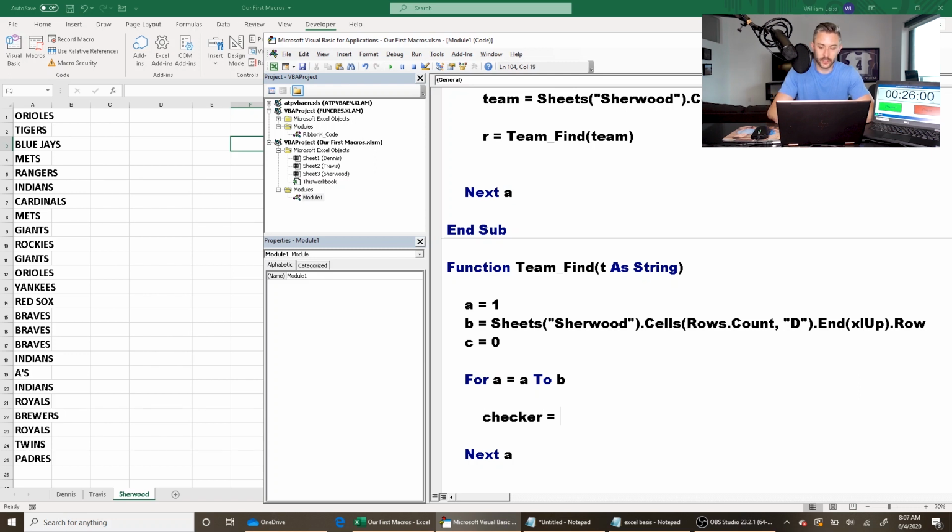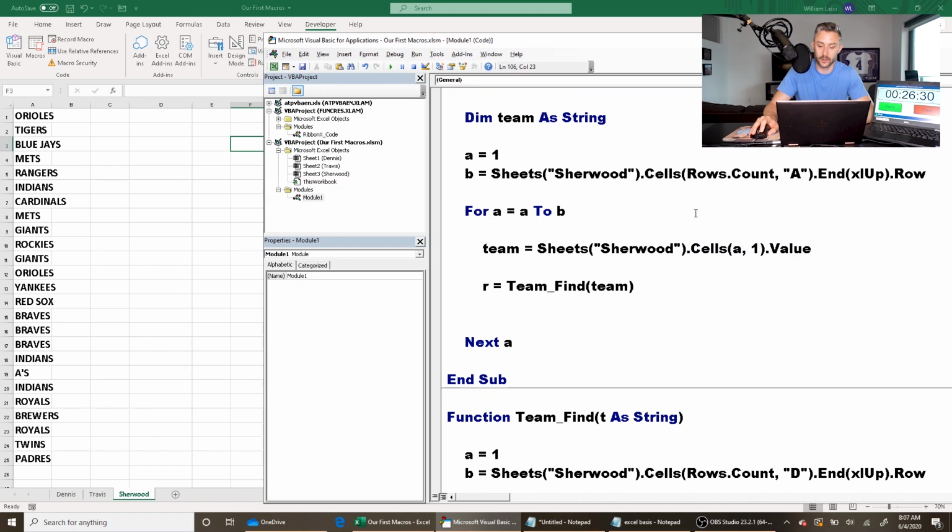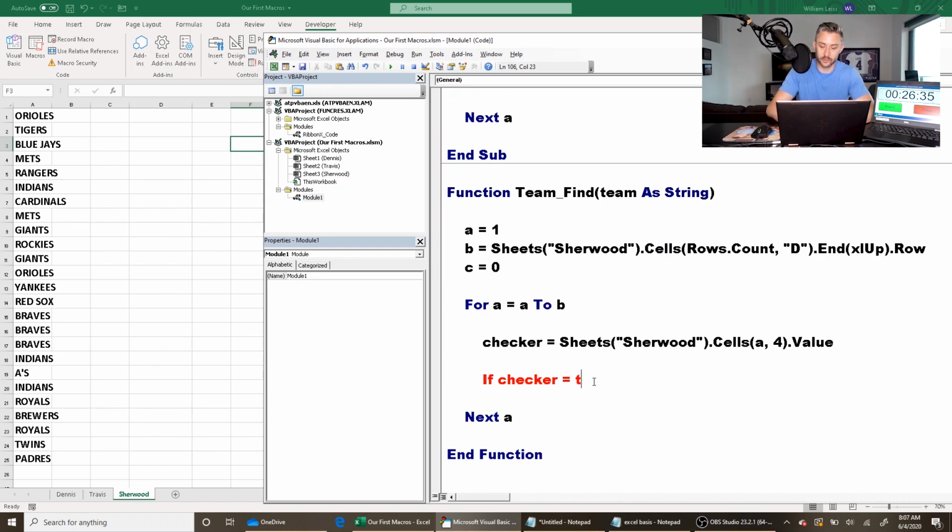Checker equals sheets Sherwood.cells A4, remember column D, 4 over dot value. So checker is, we're going to check what is in column D. We're going to use an if statement here: if checker, so if the team that it's searching for in column D, equals the team we pass through the function, equals T. Remember, we define variable T as the variable we pass through the function right here. We can call it team just to make it easier though. If checker equals team, then